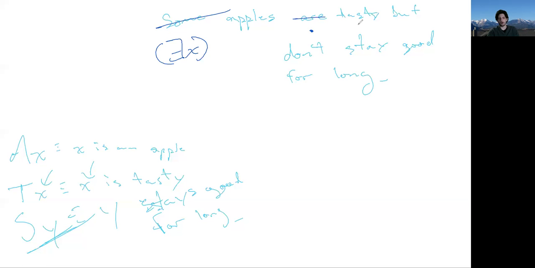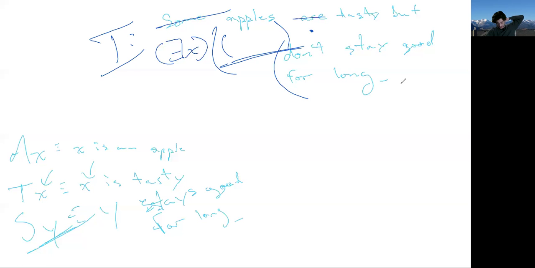So some apples are. Instead of using the conditional now, though, this is an I statement. Very important to recognize first. We're not saying every apple is a certain way. We're just saying some apples are a certain way. So we're pairing the existential with the conjunction. Now we just need to put apples right there. So some P: there exists an X such that it's a P and it's a Q. There exists something such that it's an apple and it's something that doesn't stay good for long.